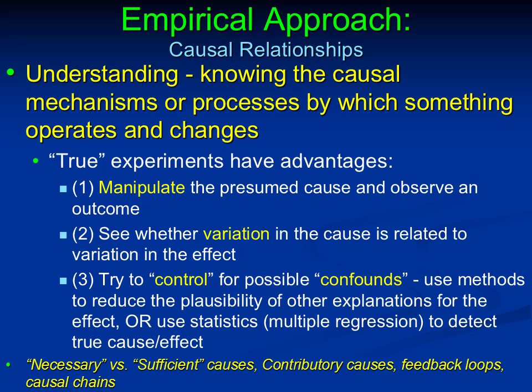Running out of gas is certainly a sufficient reason for stopping on the road, but because there are other possible things that could cause this, like approaching a red light or approaching a railroad crossing gate that's down, running out of gas, of course, is not a necessary cause for stopping on a road. And then, as you saw in the book, contributory causes are, of course, by definition, not sufficient and not necessary, but instead they just can be thought of as contributing to the occurrence of a particular phenomenon.